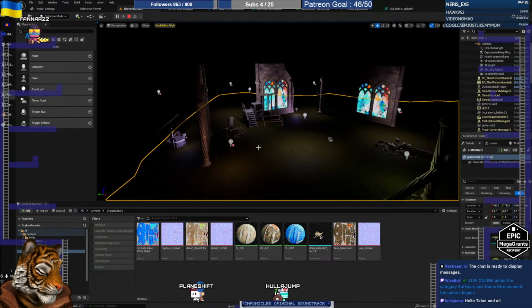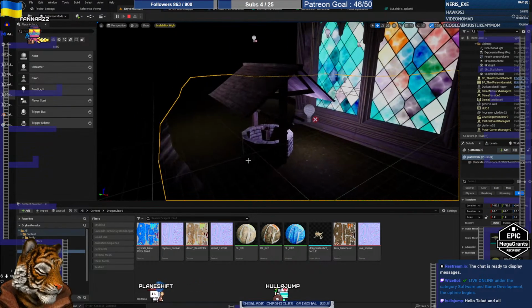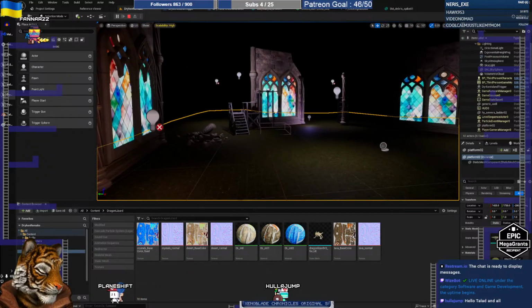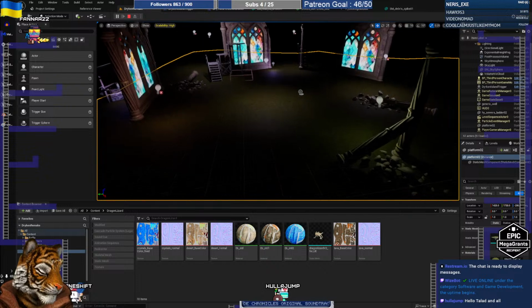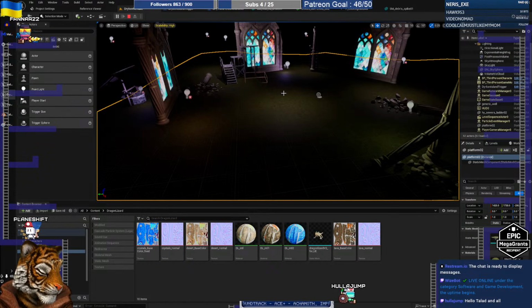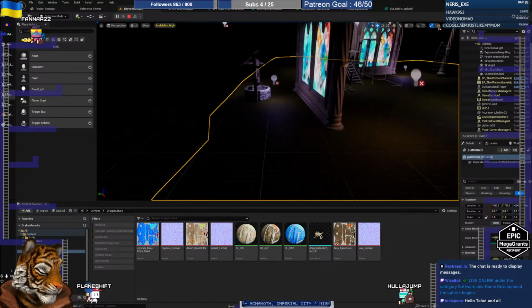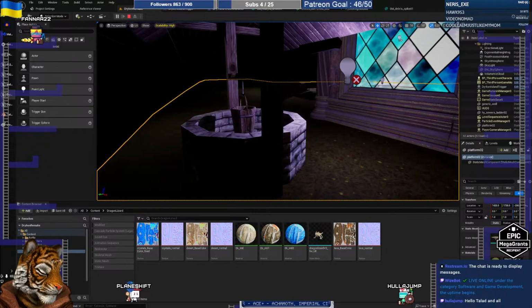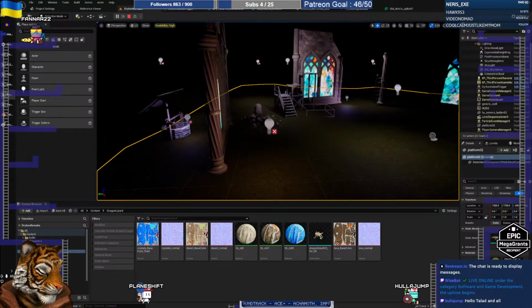So the idea would be to say there are a number of things that you have to discover, where discover is very simple. You just have to walk in the right place. I don't know if you have to walk in the right sequence, but I would say no. If you walk in the right spot, you are enabling that particular element. And whenever you enable something, there should definitely be an effect, a bit of a sound, and